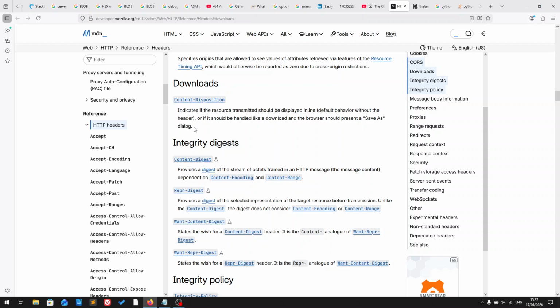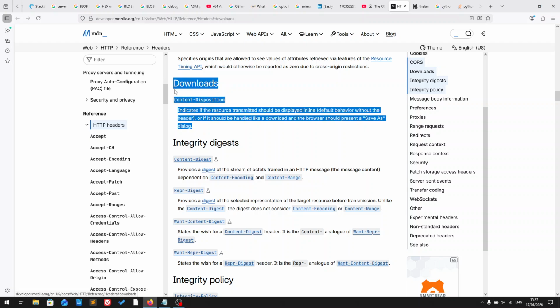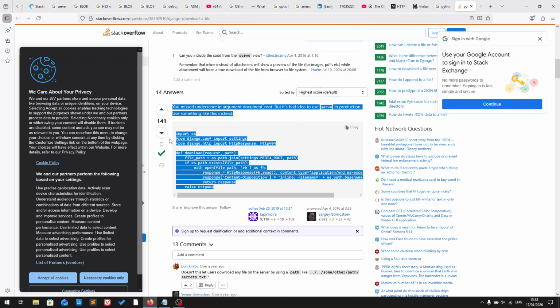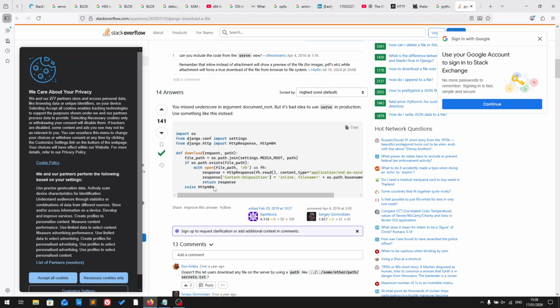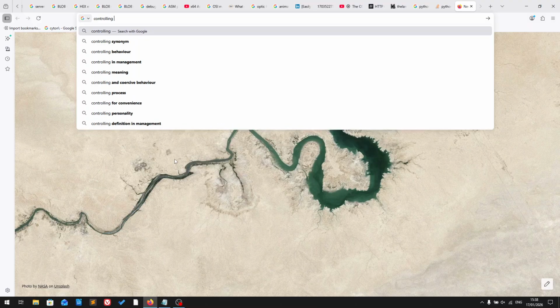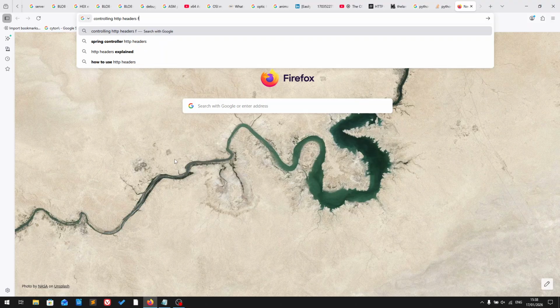So as you can see, this is being controlled from your web framework Django, which handles this file that this is written in. So Django reads this file and does whatever you tell it to do in the file. So for example, what you can control from your server can also be controlled from your web framework Django in this case. Another one is Flask. So controlling HTTP headers from Django,